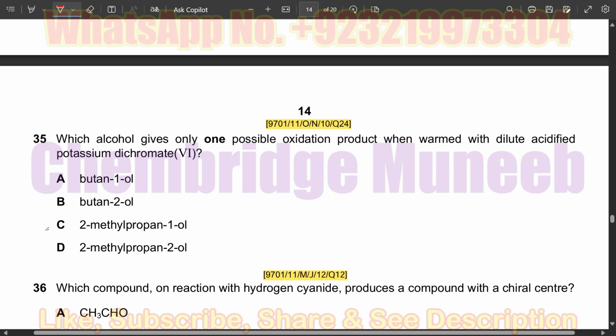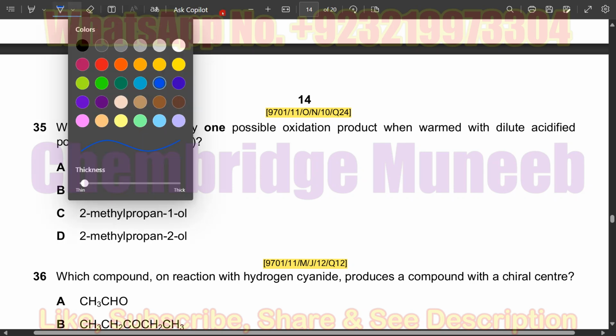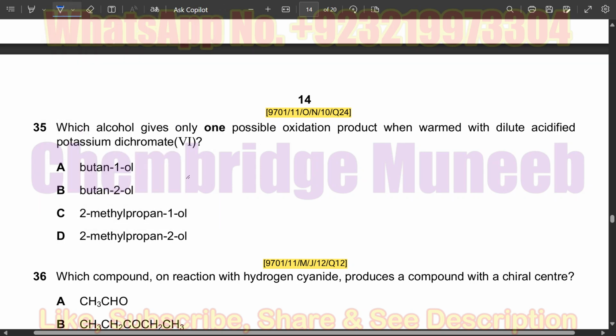Then question number 35. Which alcohol gives one possible oxidation product when warmed with dilute acidified potassium dichromate? So it is an oxidizing agent, which means we can understand only one product from these given compounds. Butan-1-ol, for this purpose we must have the simple structure. So butan-1-ol is like this,